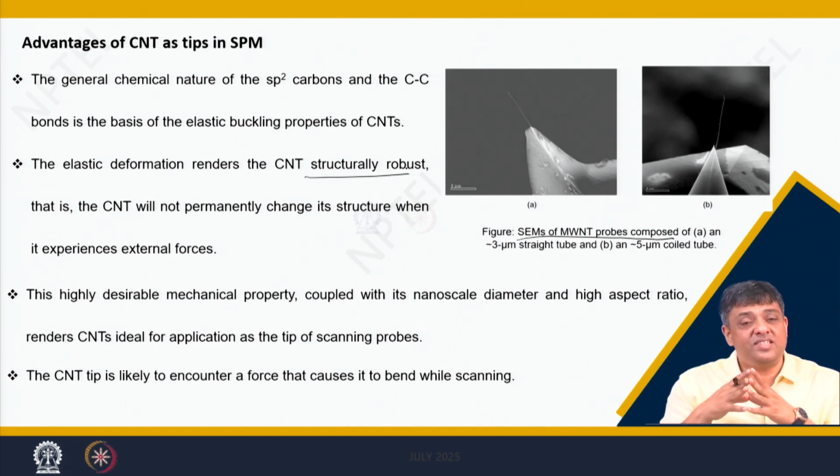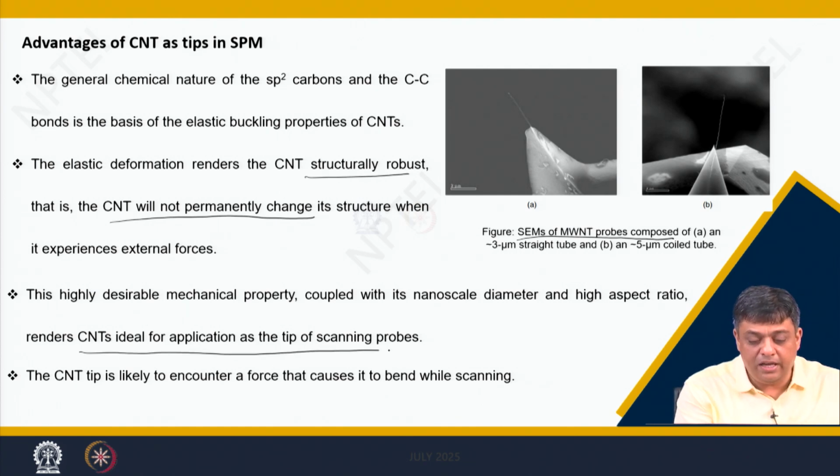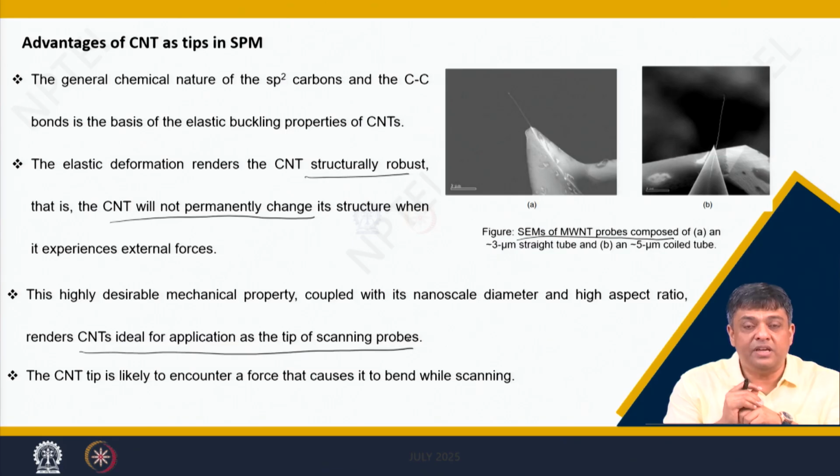So, they can sustain these deformations without compromising their structural robustness, meaning that CNTs will not undergo any permanent change in structure even when they experience external forces. Immediately you can then say that CNTs would become ideal for use as tips in such scanning probes.